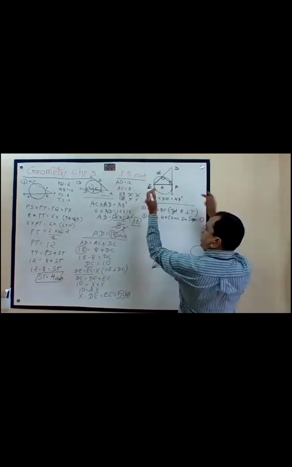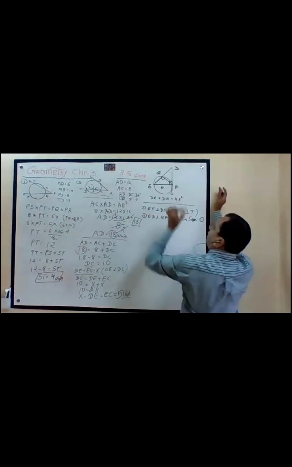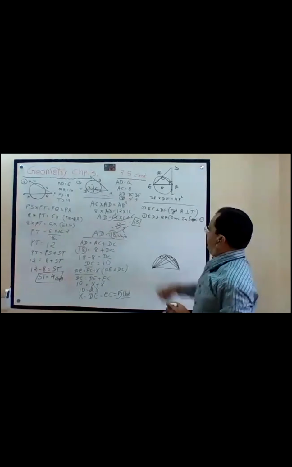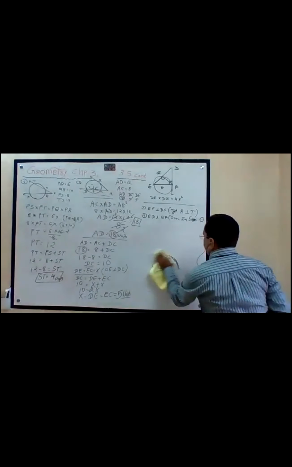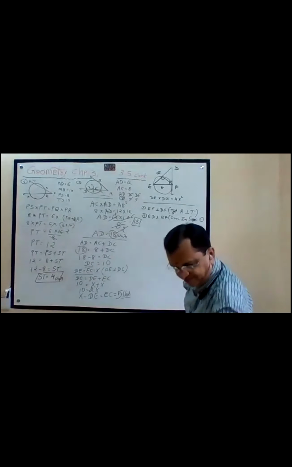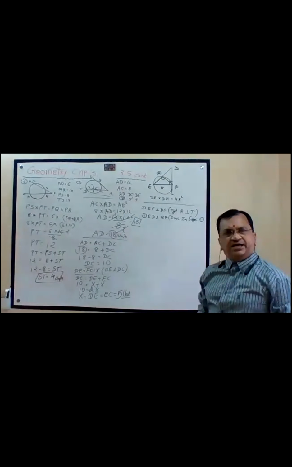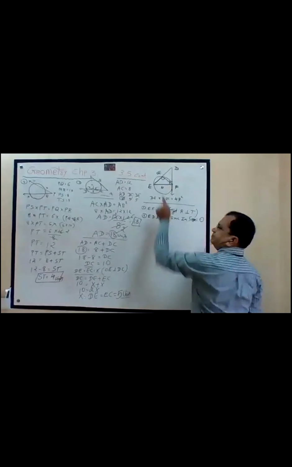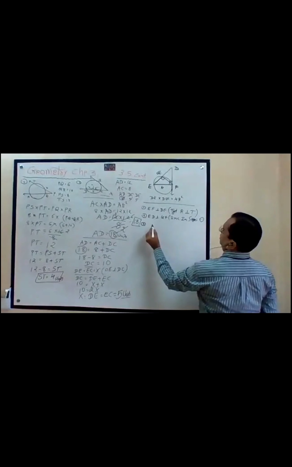E and F are the two endpoints of a diameter. I have connected to G, which is a point on the circle. So that is why this much is 90. In the rest of the solution, they have taken the bigger 90-degree right angle triangle. I will take this much. So third, as per Pythagoras,